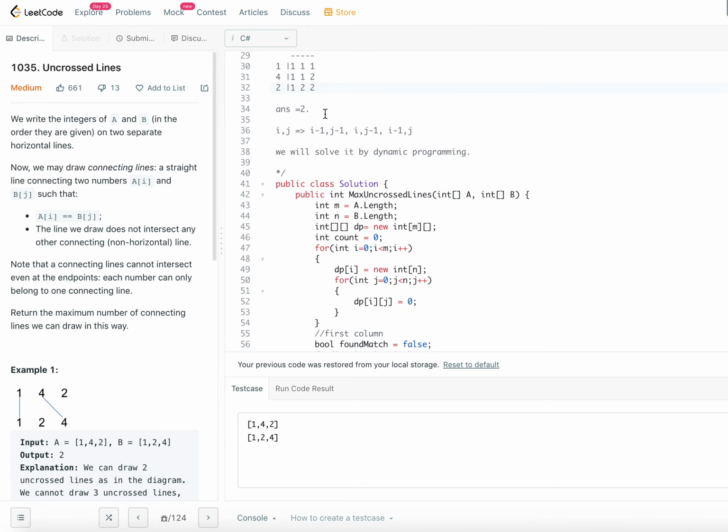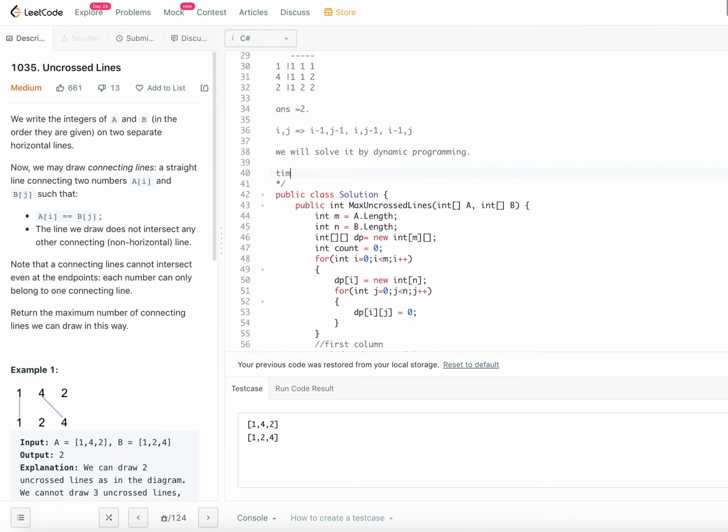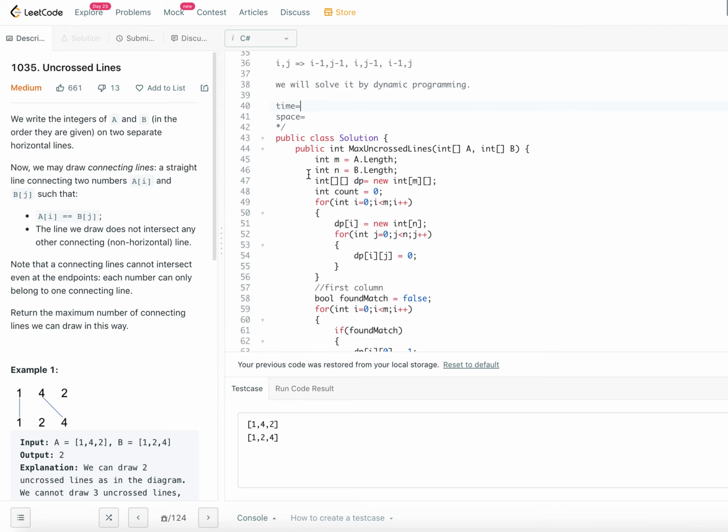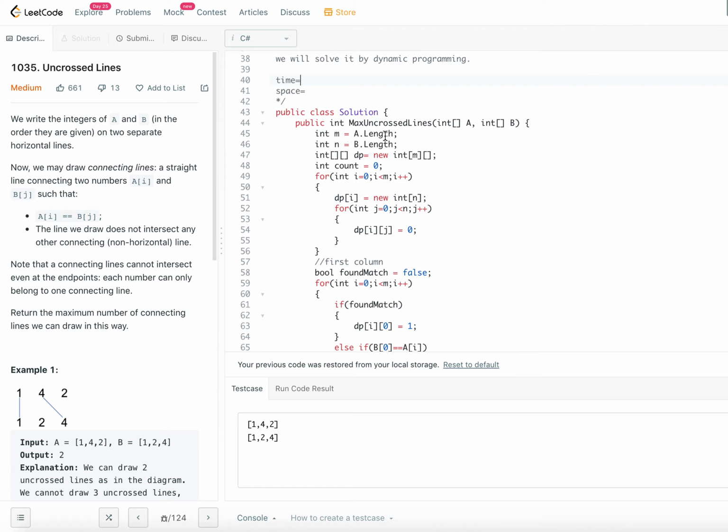Time complexity: we said array A has length m and array B has length n. To initialize the DP array, we take m into n, so the time complexity for that will be order of m into n.